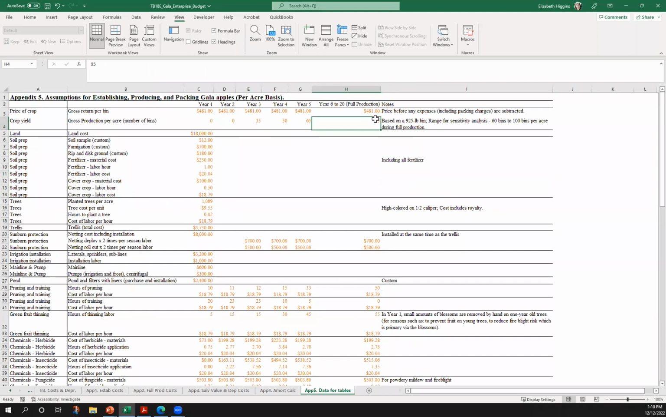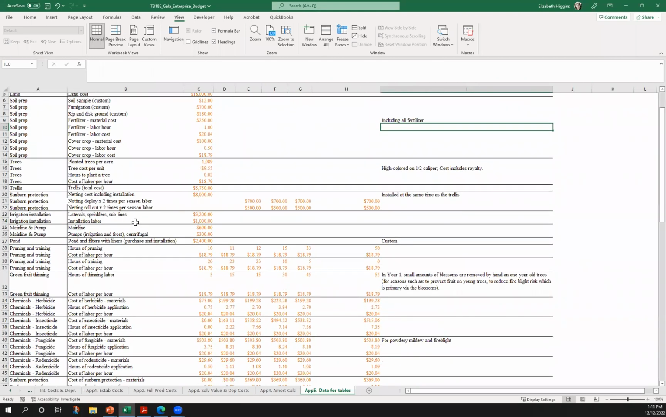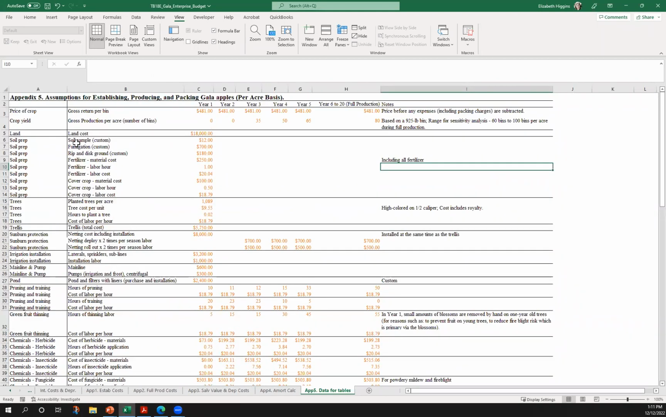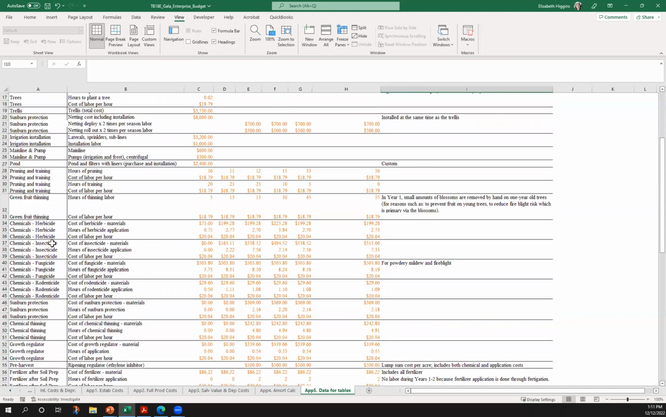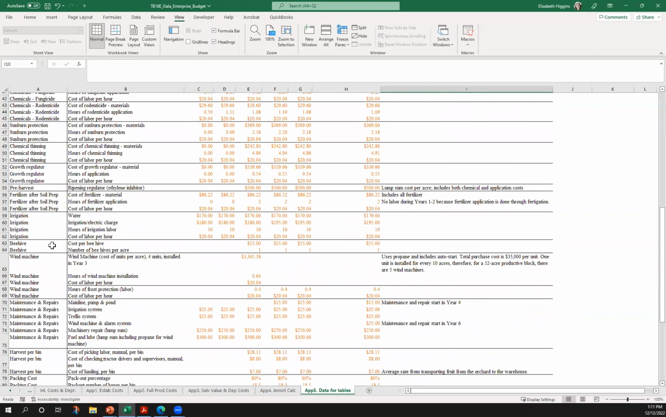So the other thing I would do if I were downloading this enterprise budget and going to use it as a starting point for my farm, is I would go through it while looking at my financial information and thinking about my farm. I would be looking at this and saying, okay, what